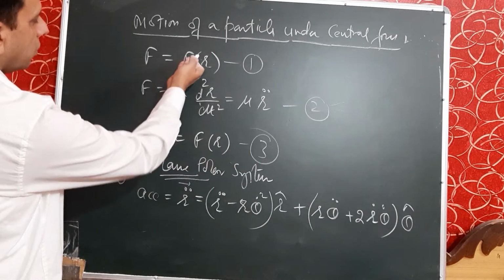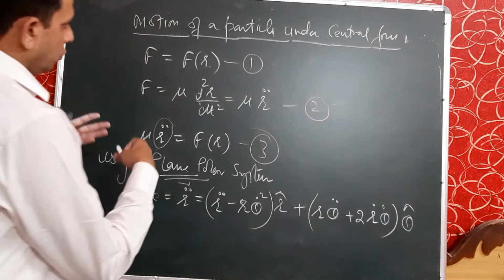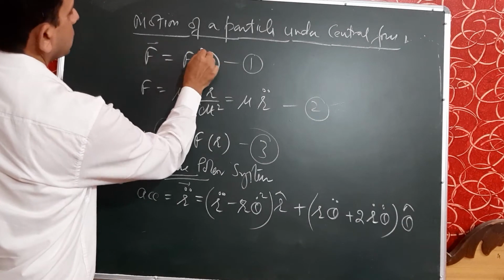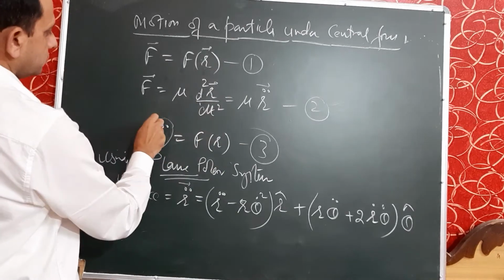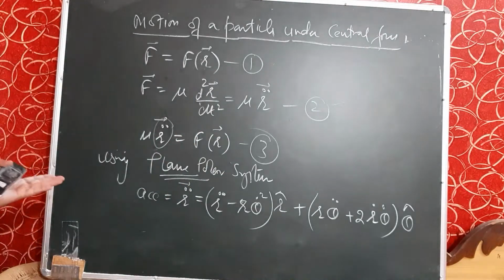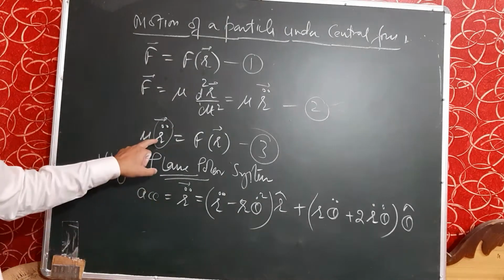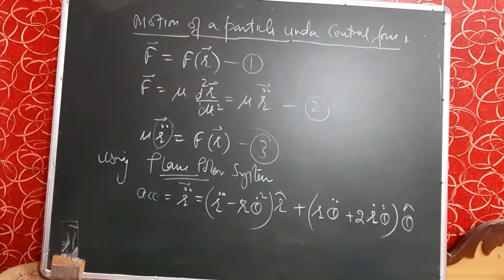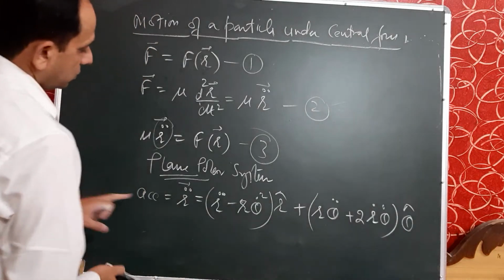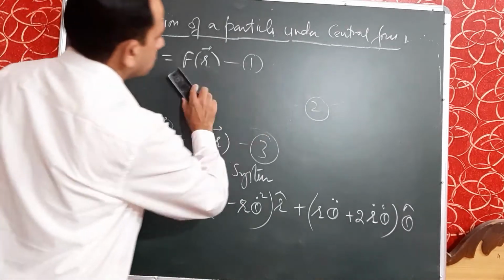So this equation, first, second or third, these all are in vector form. So either you will use the vector over here, or you can use without vectors. So it is for our convenience, we may apply it in vector form. So you have read this value of R double dot, that is acceleration in plane polar system. So putting this value of R double dot in equation number 3rd, that is here,